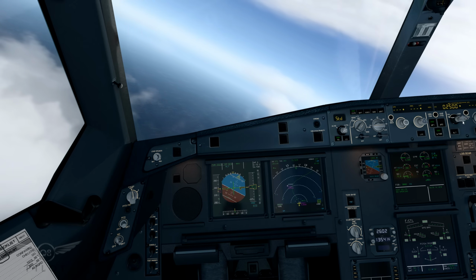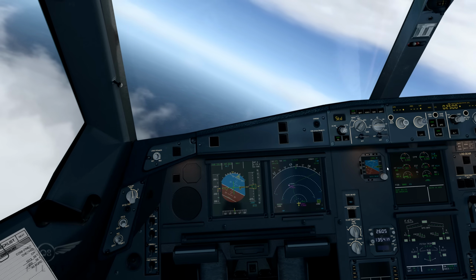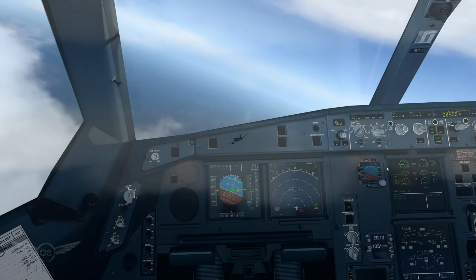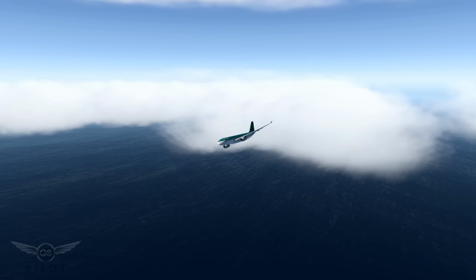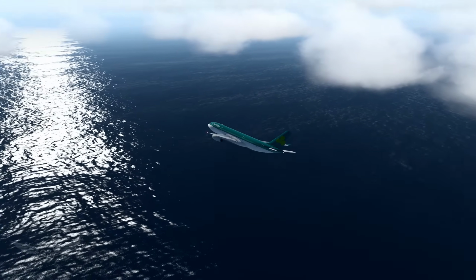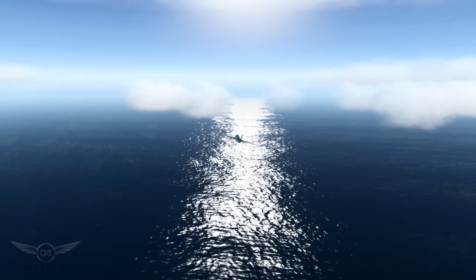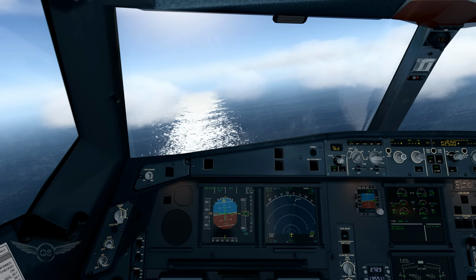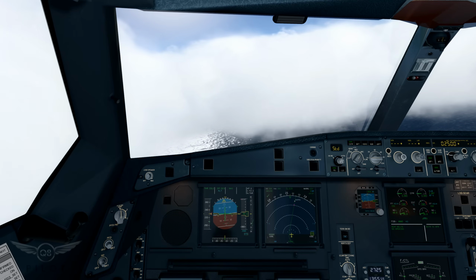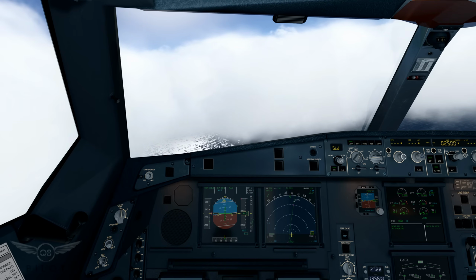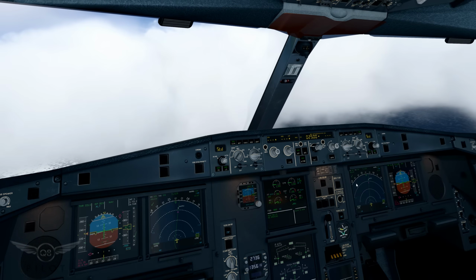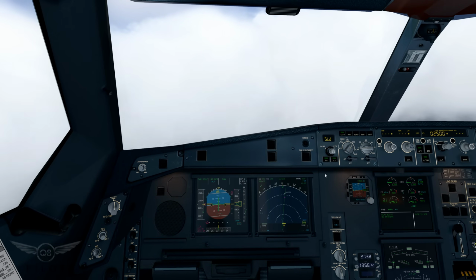There we go, and open descent. So we're going to begin now the descent to 2,500. And we continue our descent now to the platform altitude. Some clouds here in the vicinity as we approach Dublin, but everything should be fine. Let's go ahead and turn on our landing system. All right, landing system is now active,